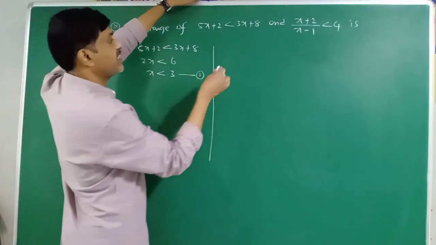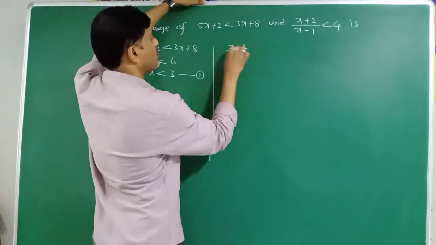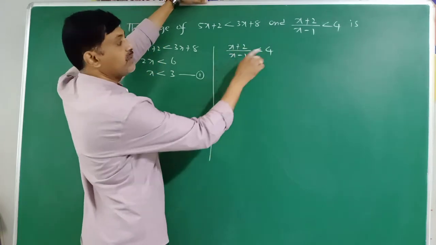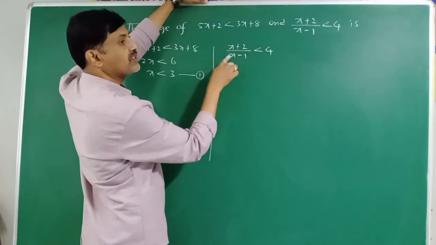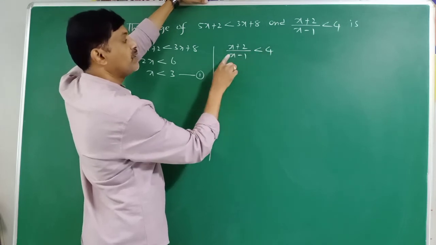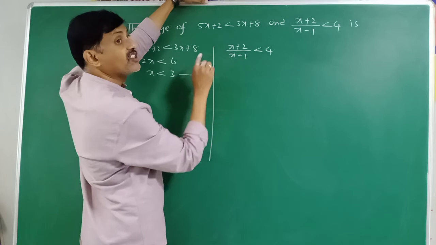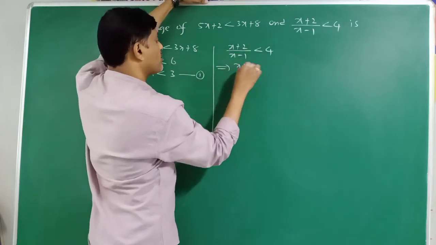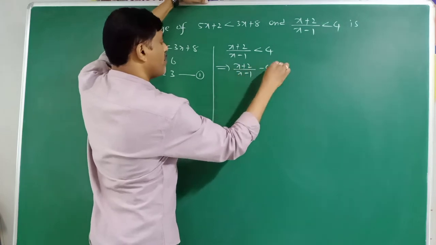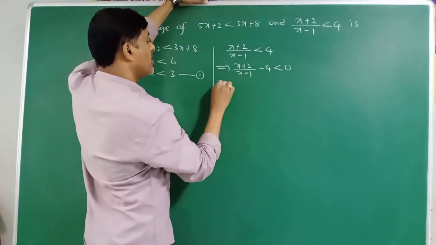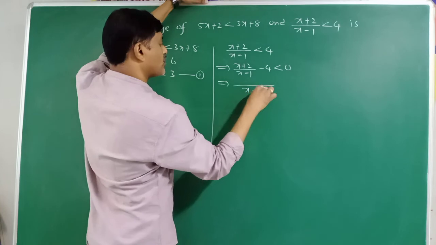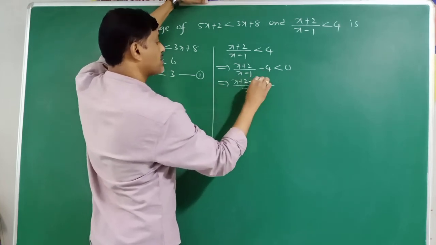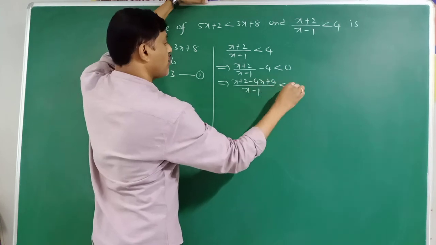Now comes the second inequation: x plus 2 by x minus 1 is less than 4. Don't cross multiply, because we don't know whether it is positive or negative. Positive means no problem, but if it is negative the inequality will change. Bring 4 this side: x plus 2 by x minus 1 minus 4 is less than 0. Take LCM, which is x minus 1. Now x plus 2 minus 4x plus 4